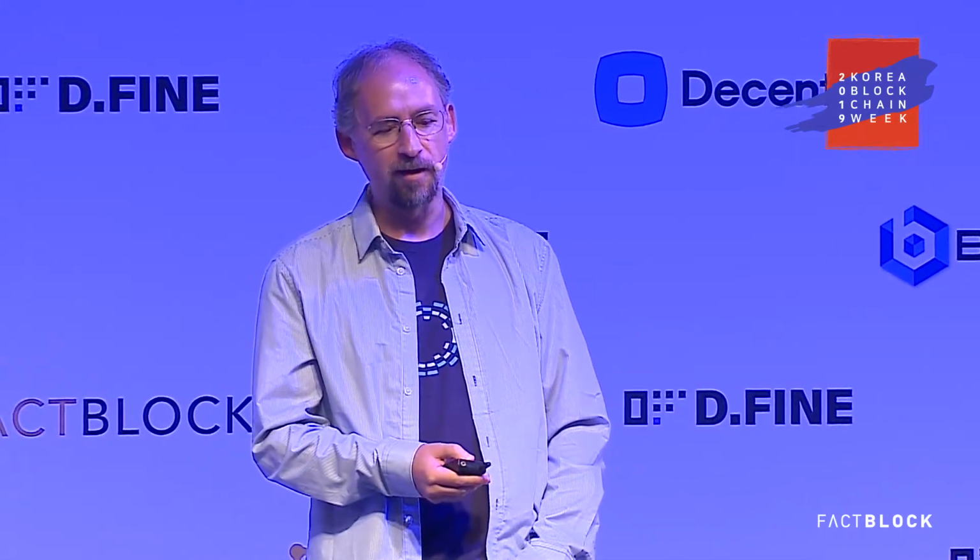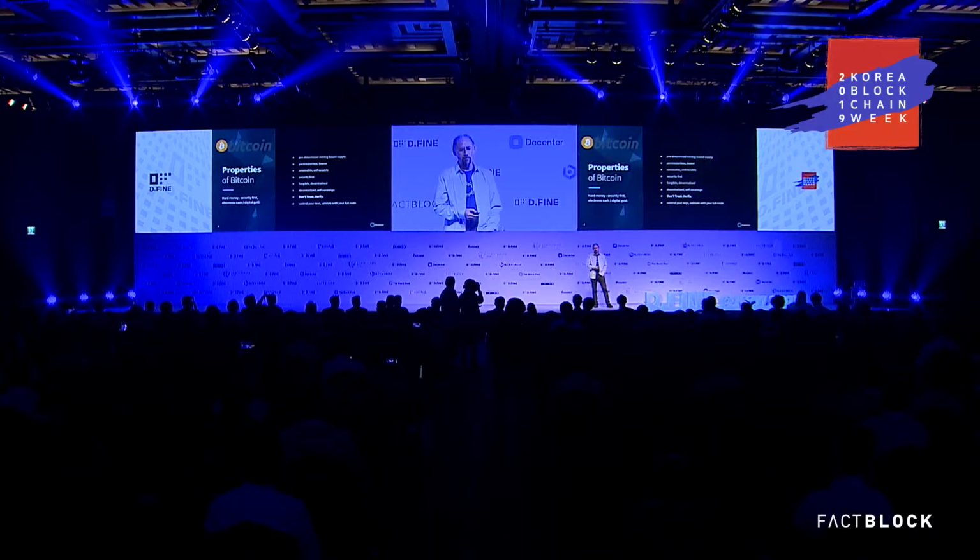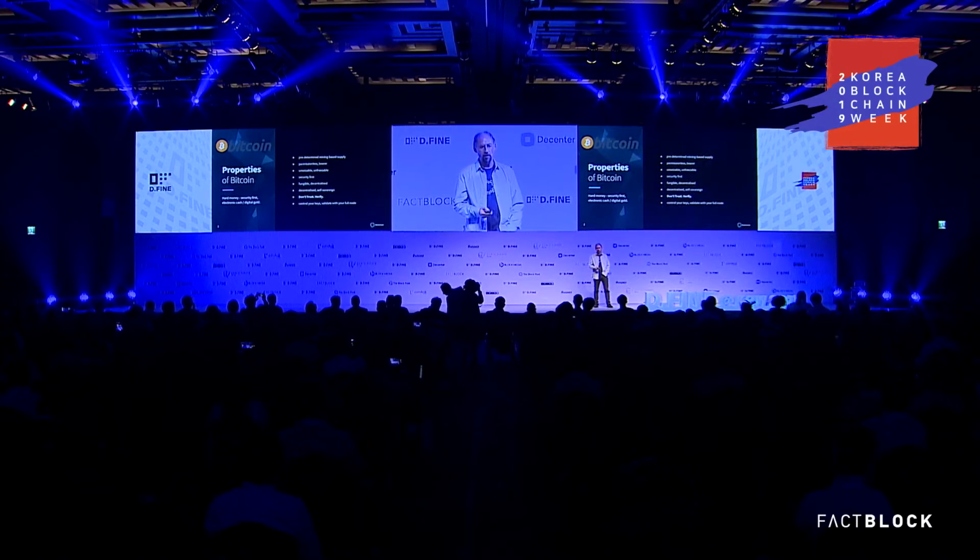So I'm going to start at the beginning and talk about the way Bitcoin is organized and why it is organized the way it is, how that's evolved over time, and how we can add new features to Bitcoin and how that's evolving. So I think basically the outline is that